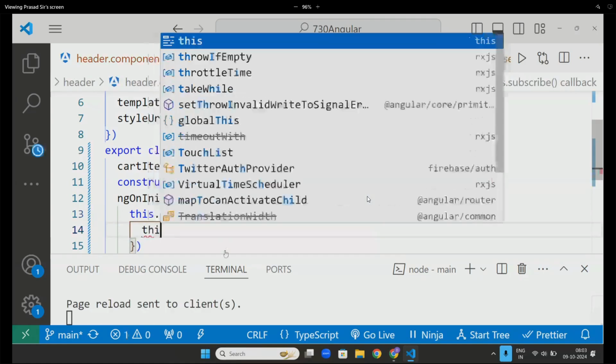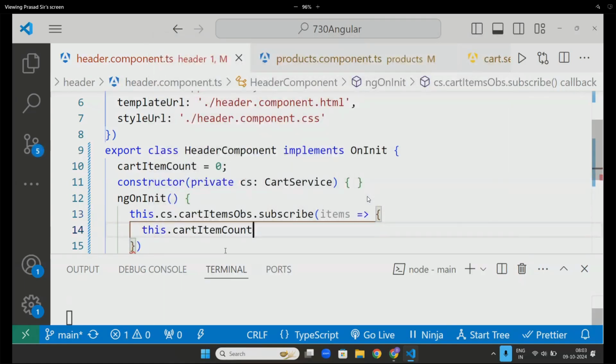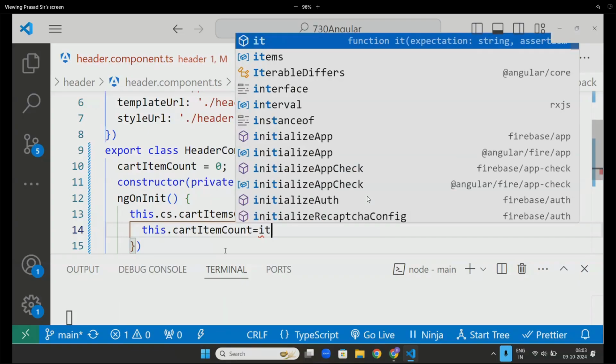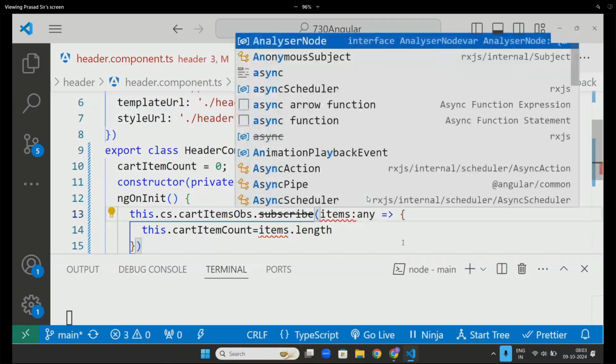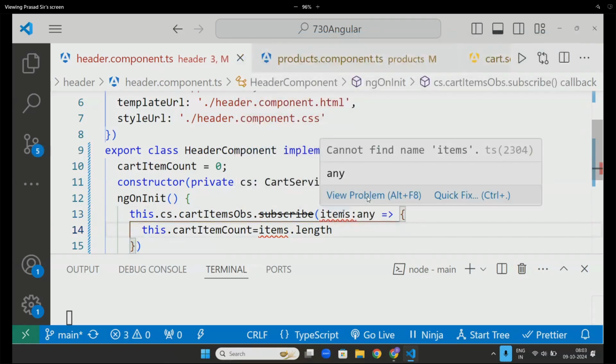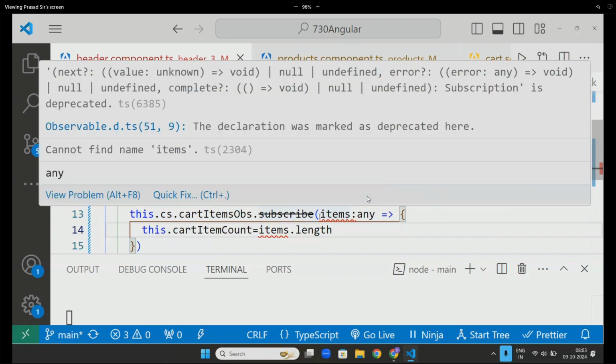This dot cart items count equals items dot length. What is this? Items is of unknown type. Any.